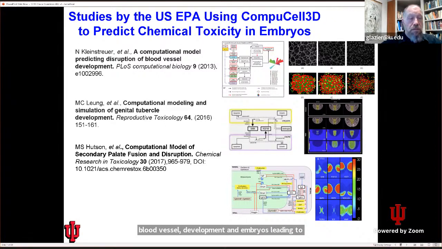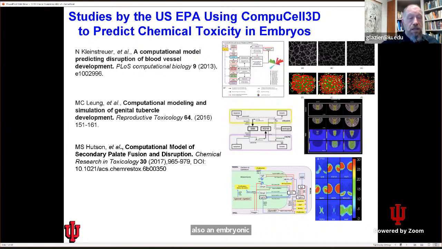The second one was modeling urogenital development. Estrogen mimics, in particular in the environment, are known to disrupt genital development, particularly in males, although also somewhat in females. And the issues were to try to understand the mechanisms by which the chemical perturbations at the molecular level played out in gross morphological defects in the embryos. The bottom one is also an embryonic